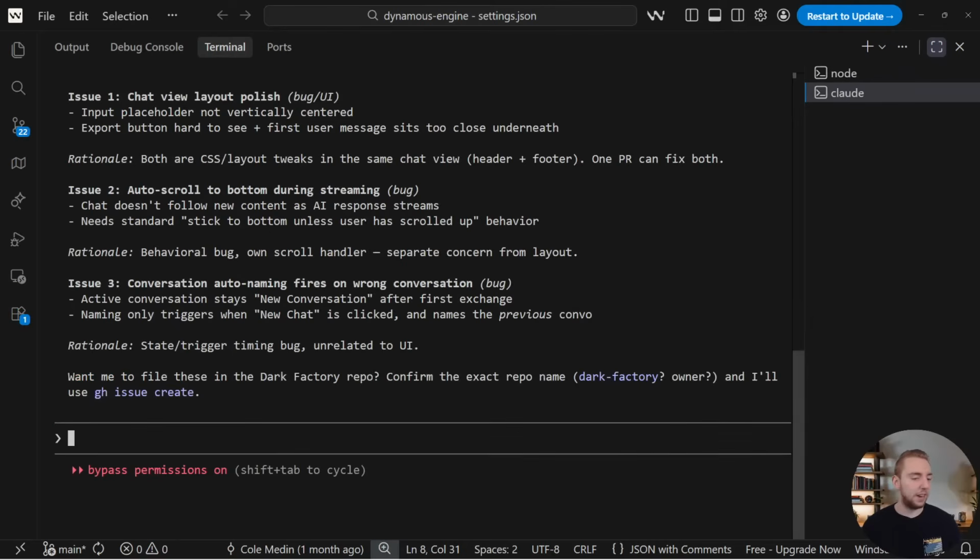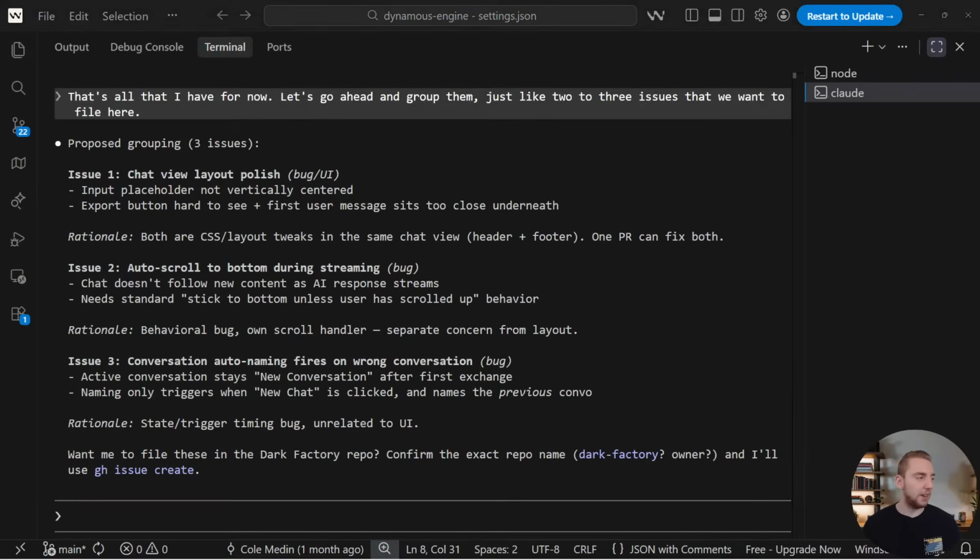One thing I've realized, it's a little unfortunate with my Dark Factory, is I have it hosted on a VPS that only has 4 gigabytes of RAM. Once it gets to the browser automation where it's spinning up browsers, I run out of memory and CPU if I have a lot going in parallel. Archon does allow me to have any amount of issues being addressed in parallel. I've done 10 at the same time on my computer, but for the VPS I can only do one or two at the same time. I'm fine with that, because I don't want to spend millions and millions of tokens all at once anyway. So okay, here's our proposed grouping into 3 issues.